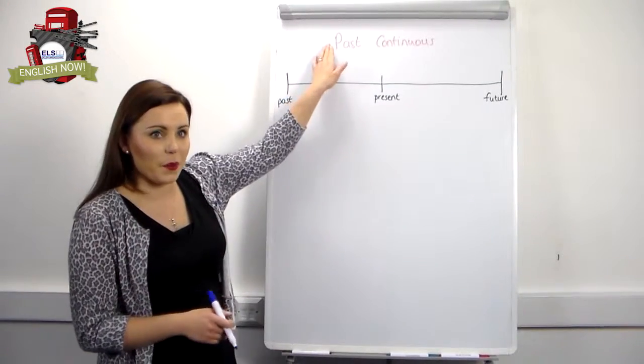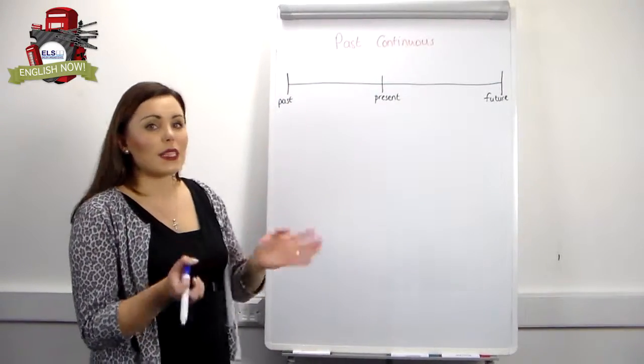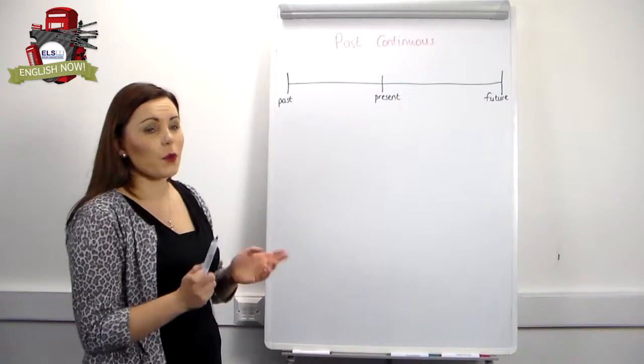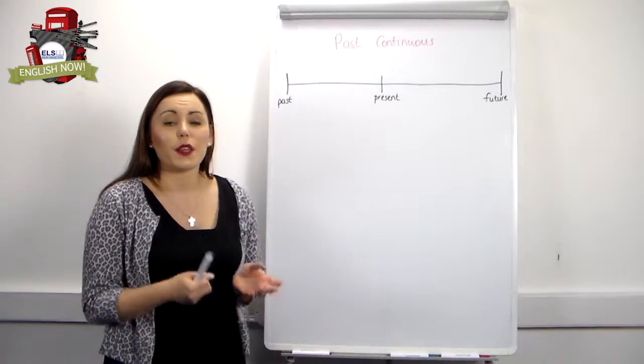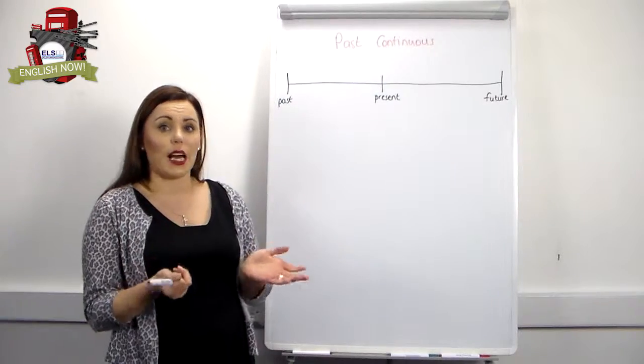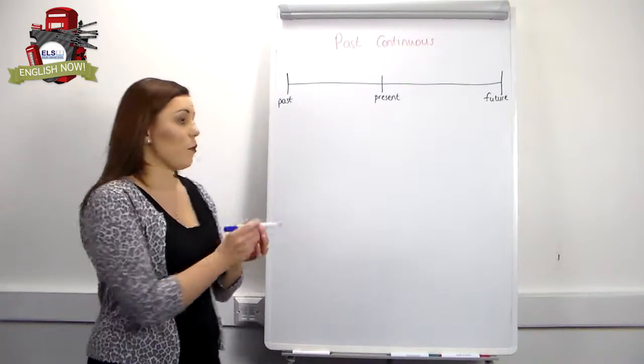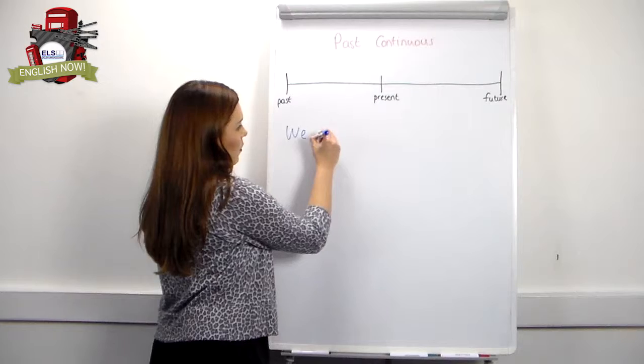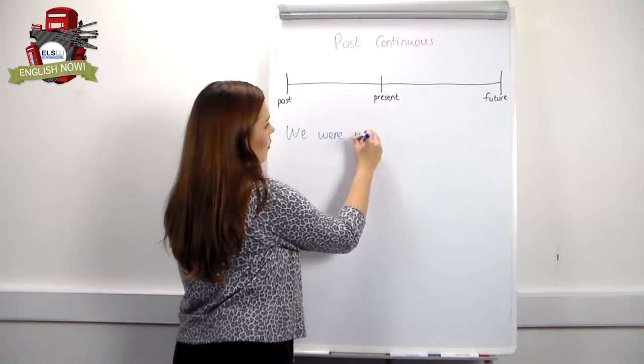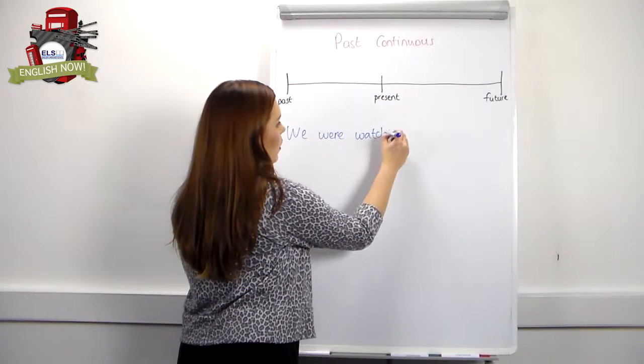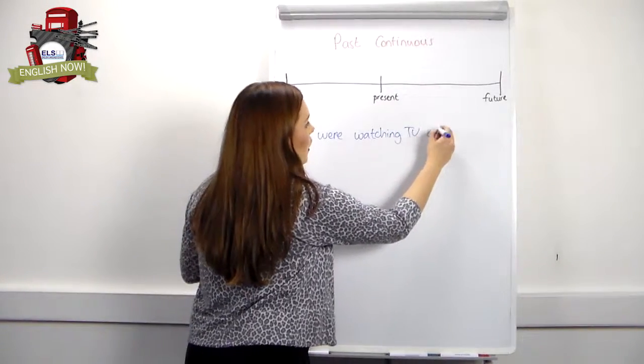Today we're going to be having a look at the past continuous. The past continuous is a tense that we use to talk about an action that was in progress at a certain time in the past. For example, we were watching TV at